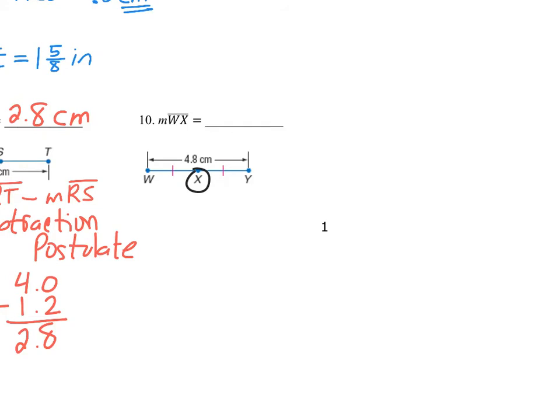There are two tick marks separating the X from W, and then there are two tick marks separating the X from Y. So it's what we call equidistant. All right, so X is equidistant